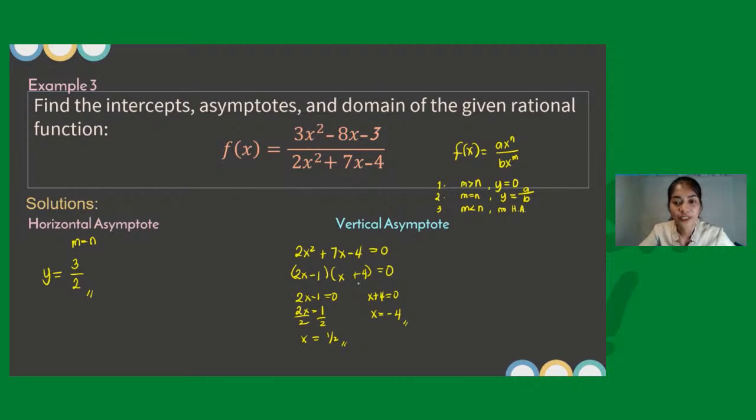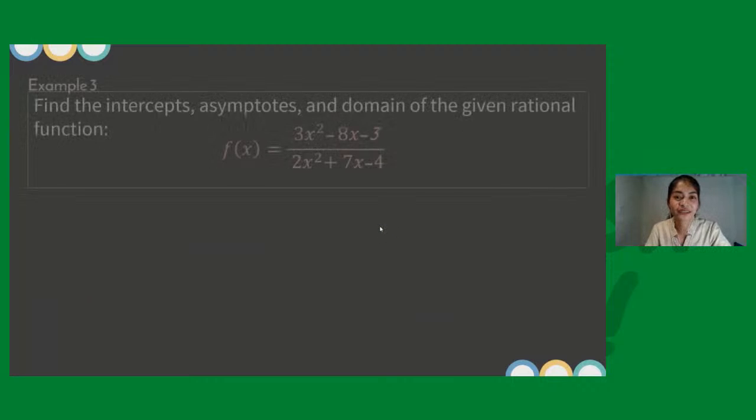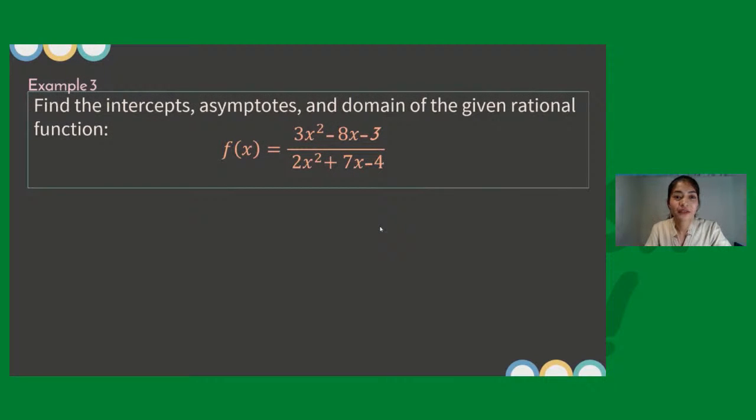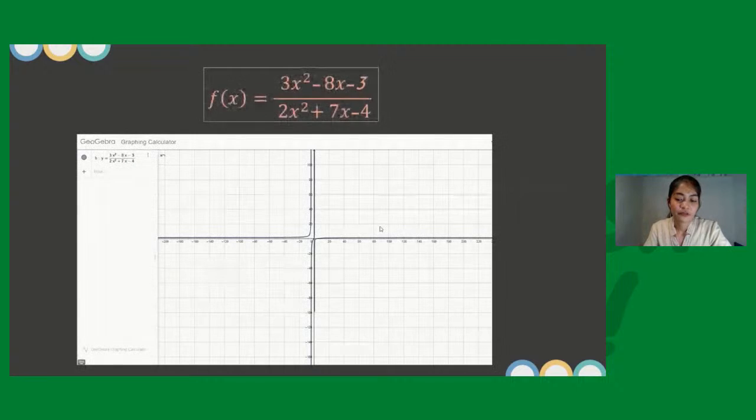So we have here two vertical asymptotes, 1/2 and -4. Okay, next one. Since we are done with the intercepts and the asymptotes, we are going to take the domain of the given function. So, to solve for the domain,